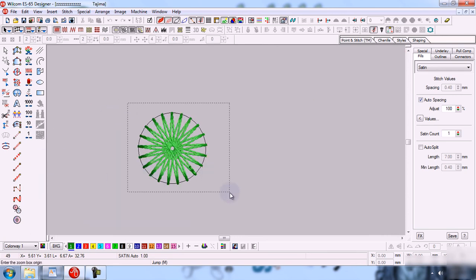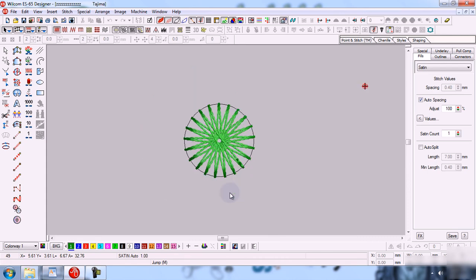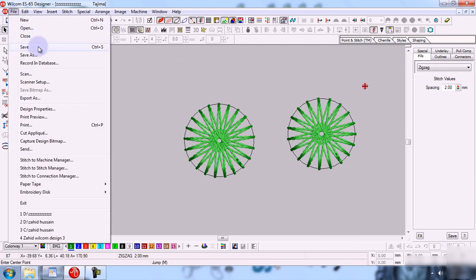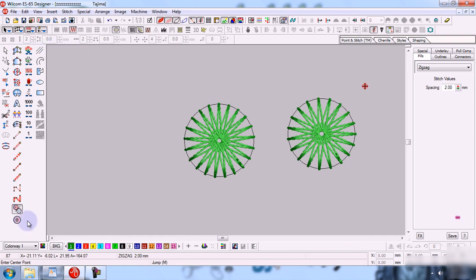So in this way you can save any type of design, and when you are working, punching, traveling or designing, you can save the design from time to time. For example, I made a circle, or star sorry, so we will make another star. Now we have to save this design, so you can press Ctrl S from your keyboard and save your design at this place, or you can click here on the save button. So in this way you can save your design from time to time.